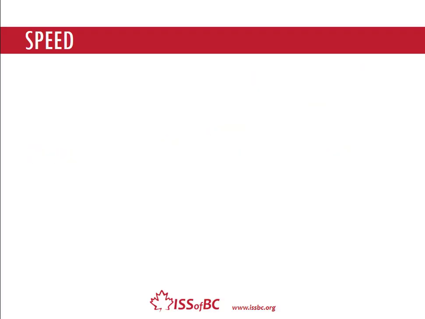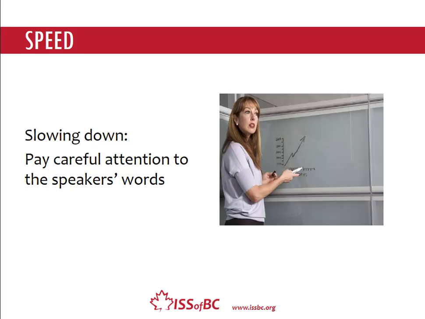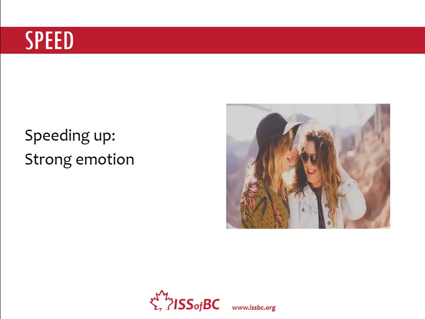A third clue is speed, or how fast the speaker is talking. In general, any change from a steady speaking pace indicates that something important is going on. For example, slowing down can indicate emphasis because it's a sign that the speaker wants you to pay attention to every single word. Speeding up can indicate strong emotion because English speakers tend to talk faster when they get excited